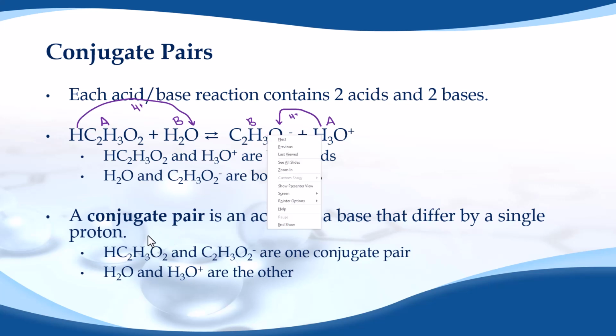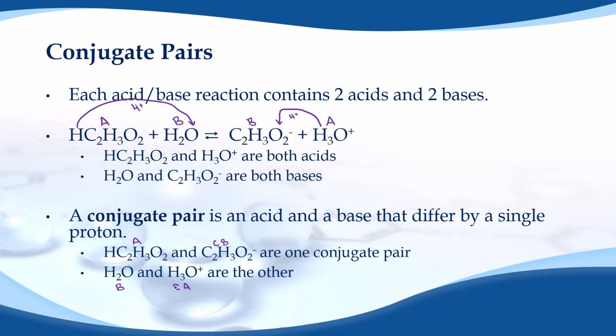Right? So acetate and acetic acid are a conjugate pair. Here is our acid. This is the conjugate base. Water and H3O plus are another conjugate pair. Water was the base. H3O plus is its conjugate acid. They always get paired like this, right? So each side of the reaction will have one acid, one base, and you can further pair them up by